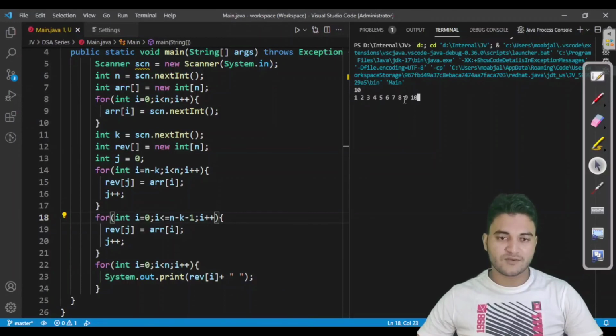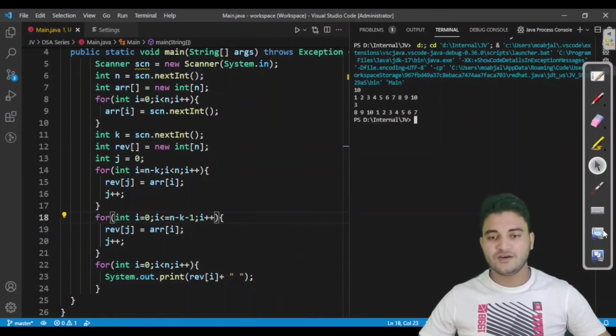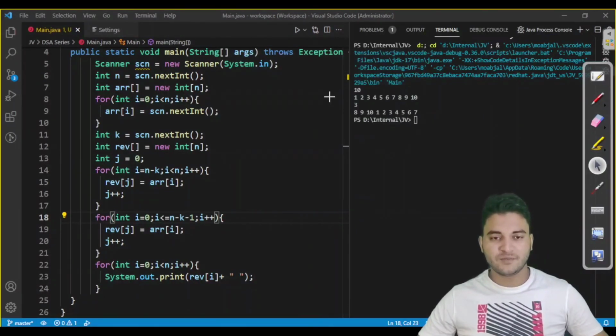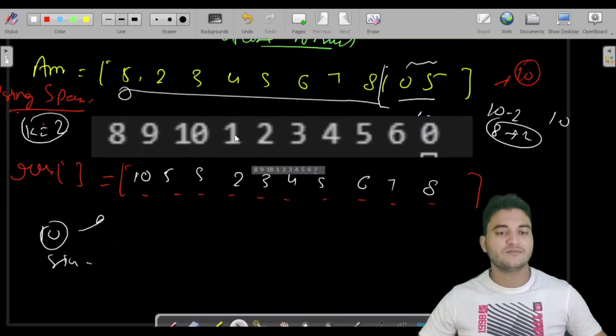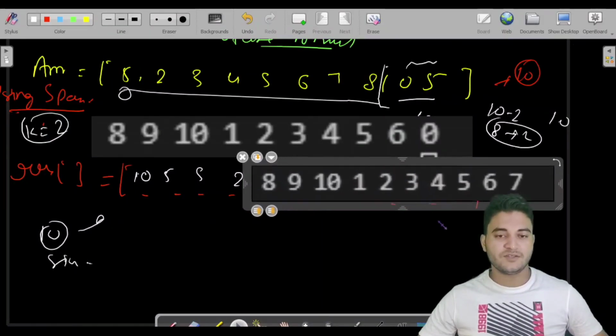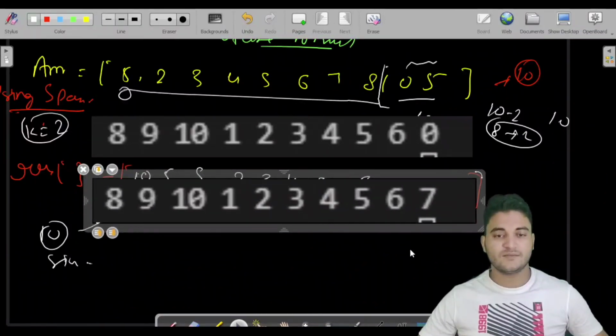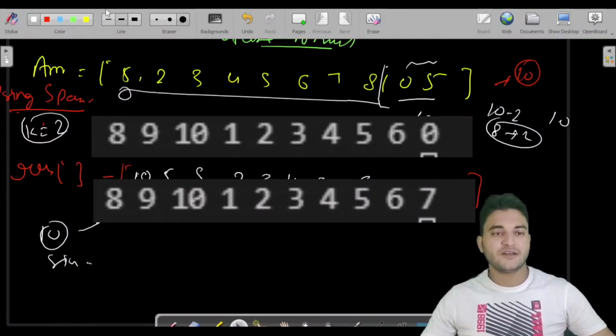So same input once more, and 3. So now you can see we are getting our correct output, and previously we had made a mistake, so we have corrected it. Let us analyze it now. Compare this with this one. Fine. So now we are getting the correct output, and we had a slight mistake at this position.